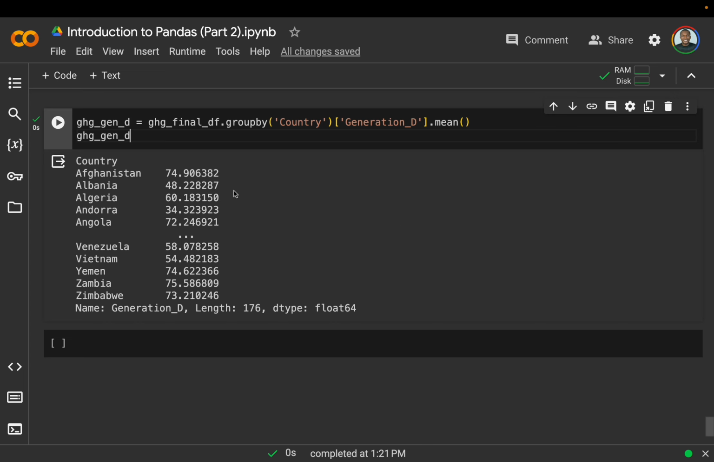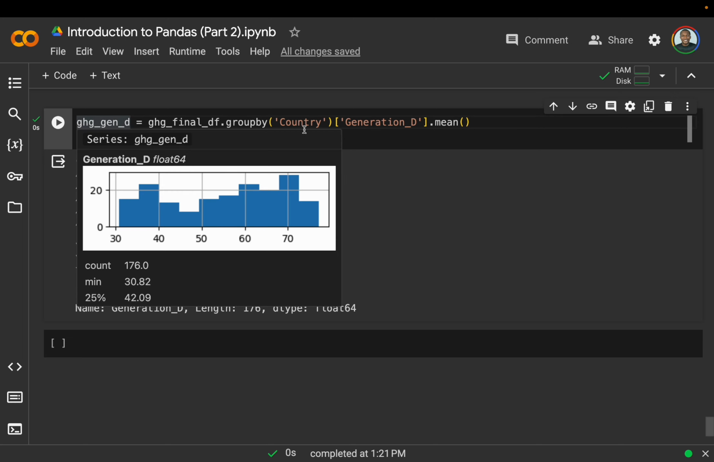Okay, but here now we've not answered the question. We're only a step forward to answering the question. Now, for me to query where generation D is greater than 60% of the population, it's like 60% and above of the population. There are many ways to do this, but what I want to do is, after doing my grouping,